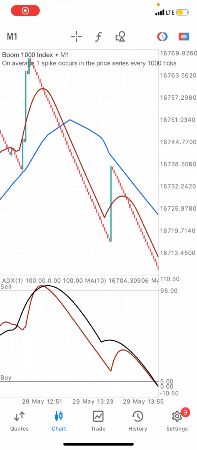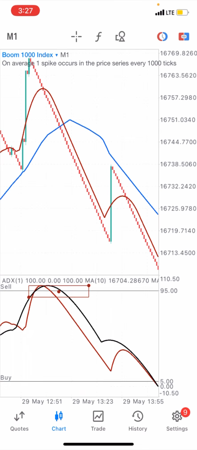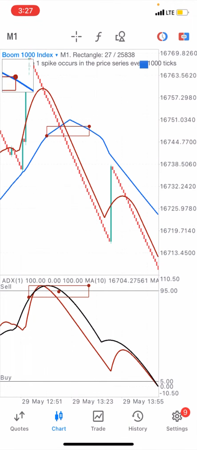All right, guys, so let's quickly hop on this one. Right, this is a Boom 1000. Sorry about that. A Boom 1000 strategy. Works for Boom 1000, works for Crash 1000. I haven't tried it on any other asset yet, but for Boom 1000 and Crash 1000, it works very fine